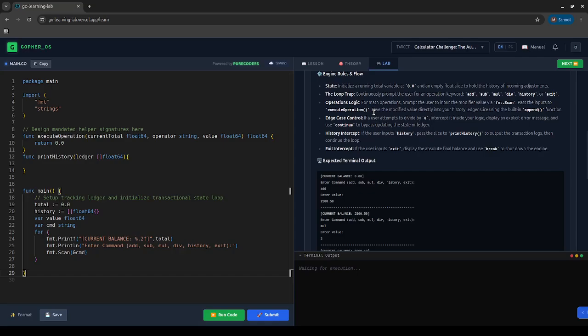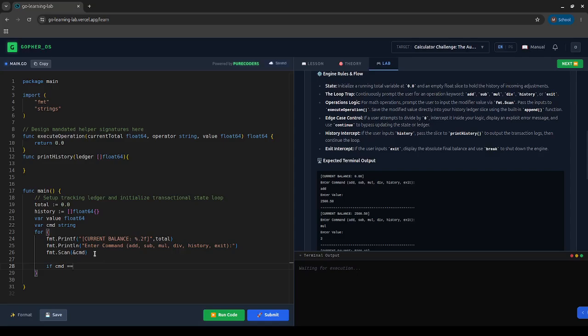If the user writes something else, maybe history or exit, we don't have to ask the user for any value. So inside this place, I've used my condition. You can see it's an operation logic. I'll check if the command is equal to